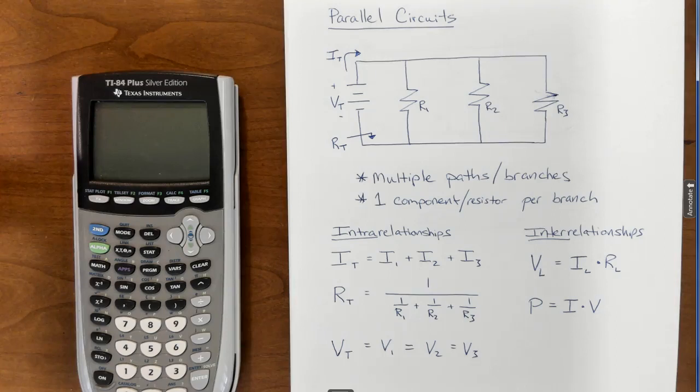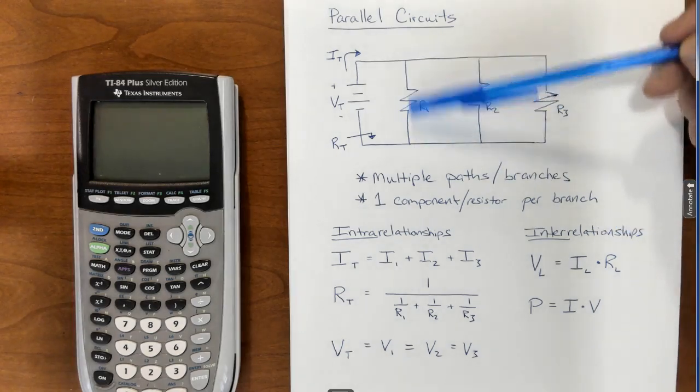Okay, so parallel circuits are different from a series circuit in that there is more than one path. There are multiple paths, or branches, we might say, for the electrons to travel. And on each branch, there is exactly one component, or one resistor. Okay? We'll later talk about circuits where there could be multiple